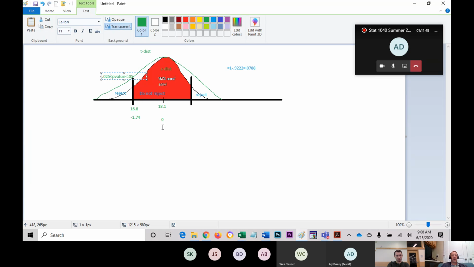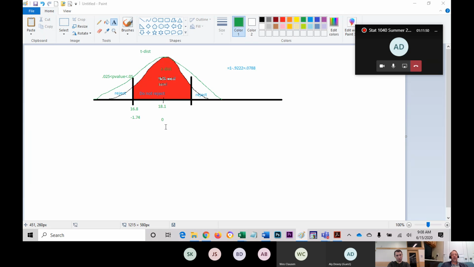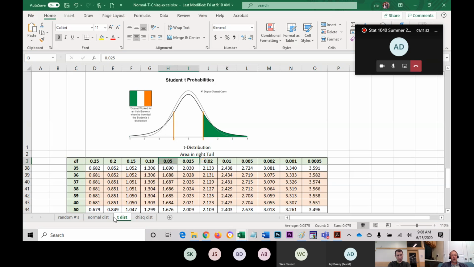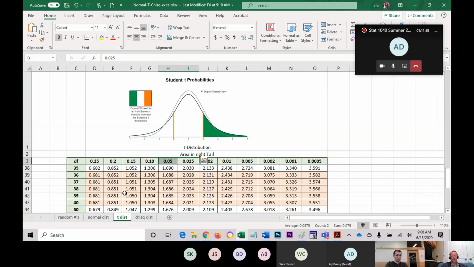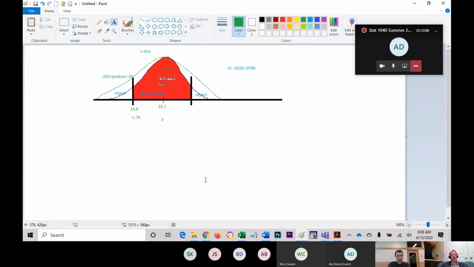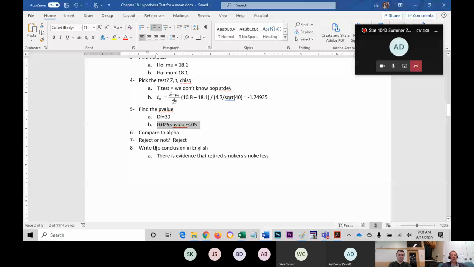Okay? Unlike with the z distribution, where you can get exact values right off the chart, with the t-distribution, you can't get exact values. We're just going to say, where does it fit? It fits in between those two numbers. So it's in between 0.05 and 0.025. But you always list the 0.025 first. So this is kind of backwards. But anyway,